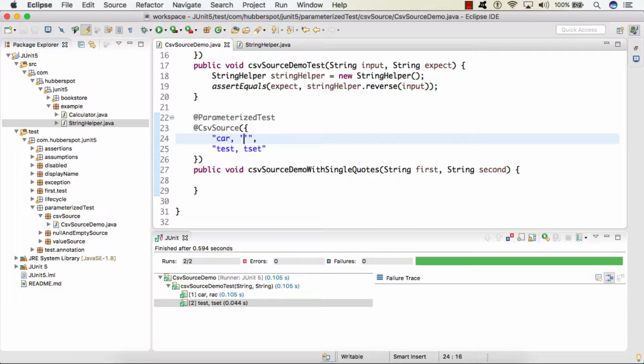Let's say I give my car, and here I simply provide asserts as, let's say, assert not null, first.